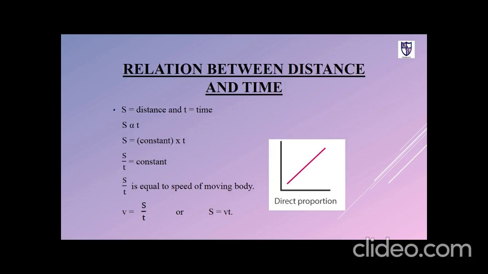When we remove the sign of proportionality, we have some constant. Moving t from the right hand side to the left hand side, as it was multiplying at right, after changing positions it will be divided by s on left. Now we have distance by time equals a constant, and that constant here is the speed of the moving body, which is represented by v. The graph between s and t will be a straight line because when s increases, t will increase with it at the same rate.